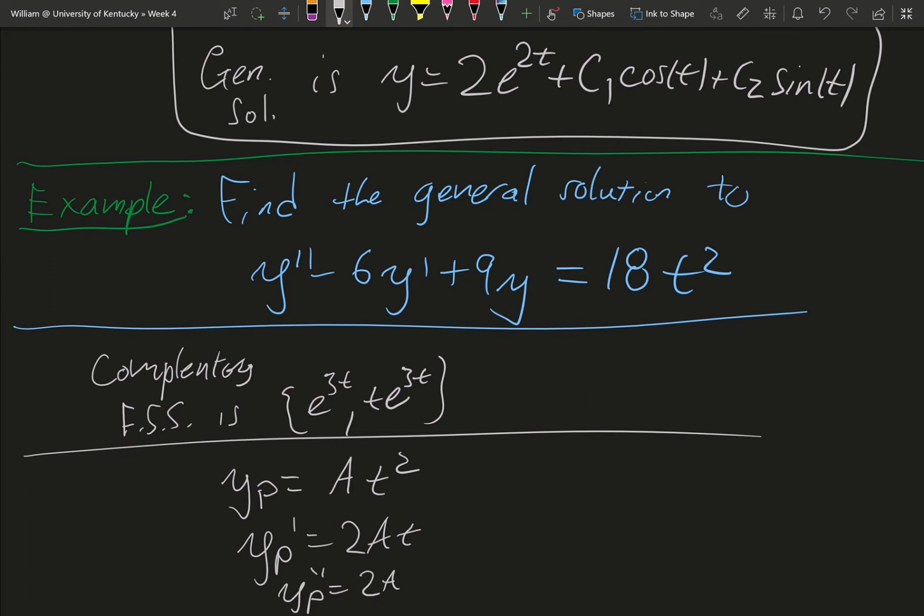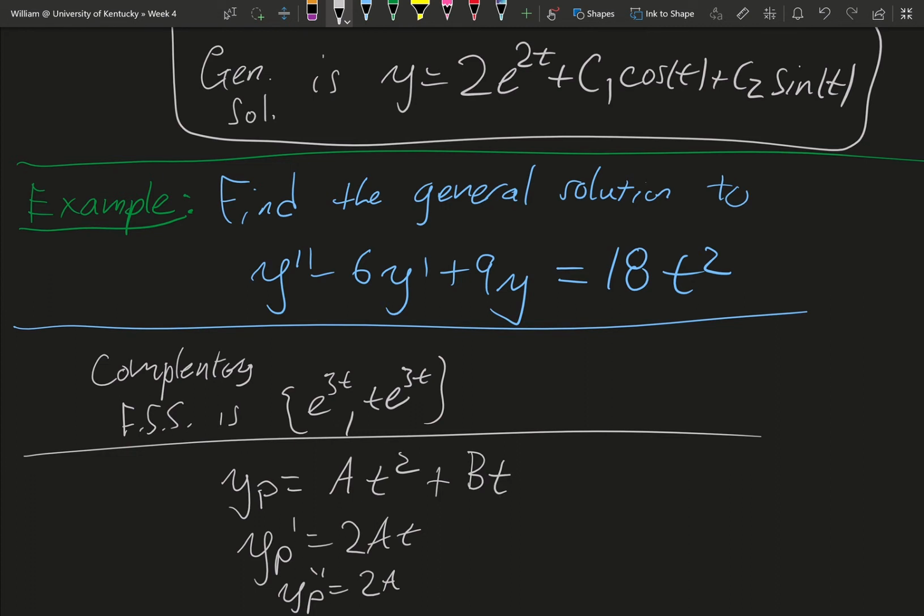Okay, so if we go ahead and try to plug this in, right, we would have an a t squared here, and we would actually see that a would have to be 2, so that 2 times 9 is 18. But we're going to run into an issue right away, in that we're going to get something else that is not over here, but is on this side. So we would have a 2a here times 6, and that is not on that side. So to account for that,